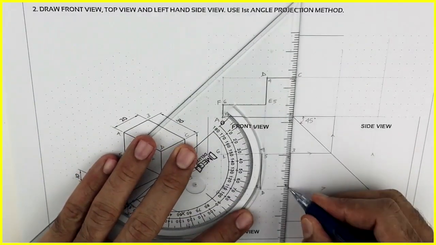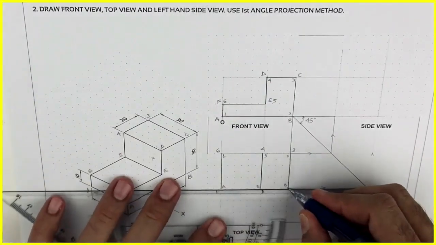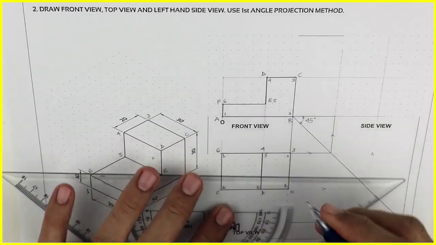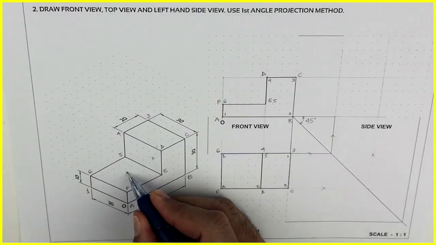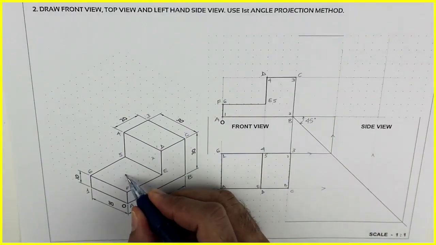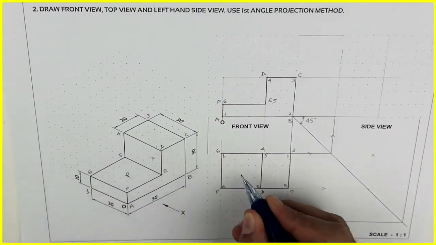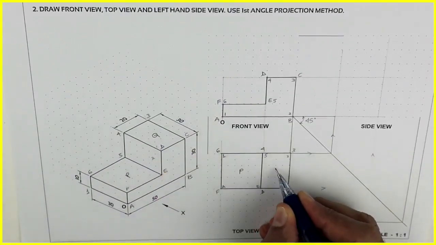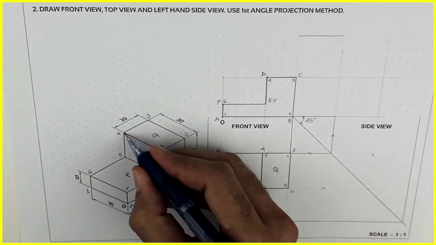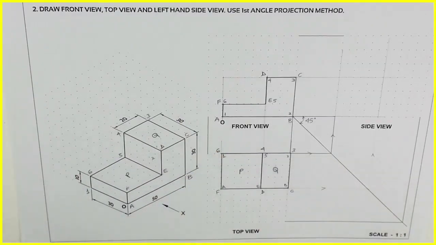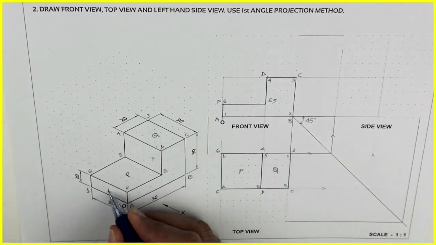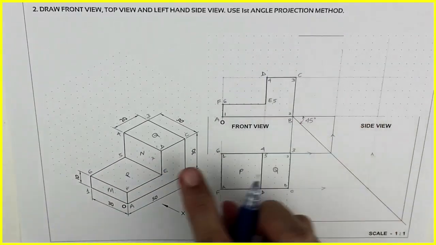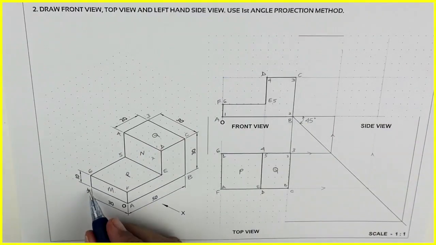Now we have to darken this. So what we are doing, we are drawing the top view. When you see from the top, you can't see height. See, this is part P or surface P, and this is Q. So what do you see between P and Q? A dark line. It is in one plane, but there is a dark line. That means these two are different. This is M and N. When you see from the side, you will see M and N. So we will draw that.